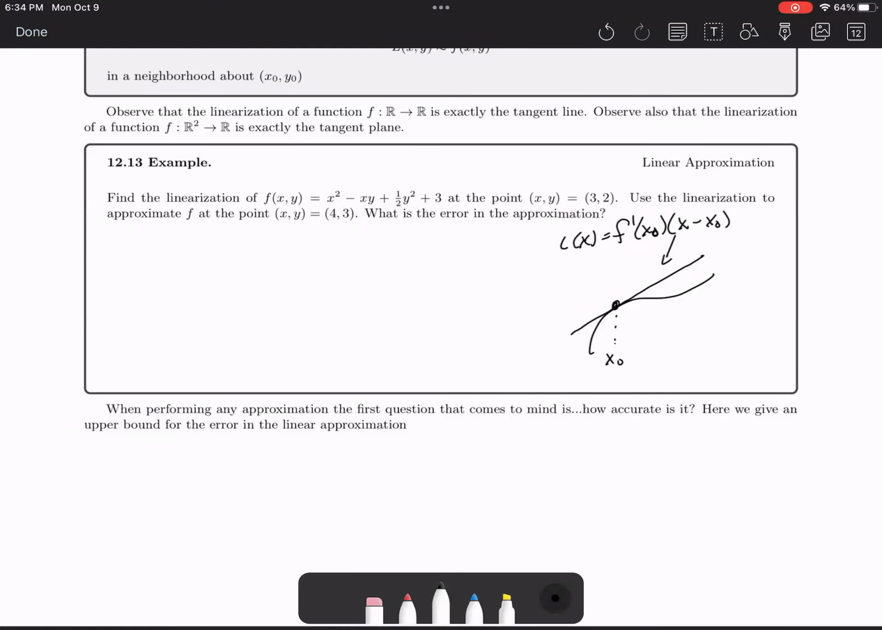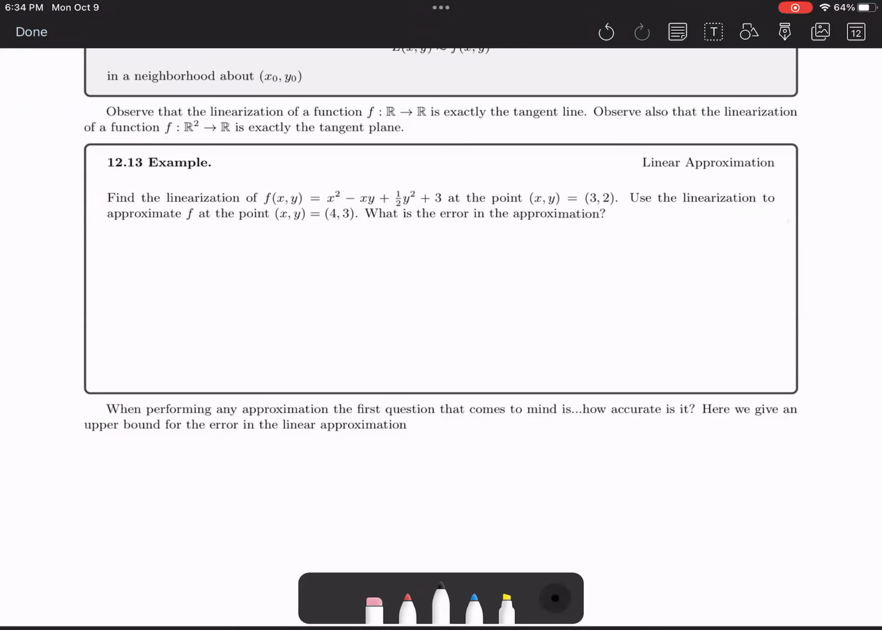I need to start at my initial point, right? So this puts me right here at this spot, and then this part of the equation tells me to travel in that direction. Okay, so in multiple dimensions, it's the exact same thing, except instead of traveling along tangent lines, we travel along